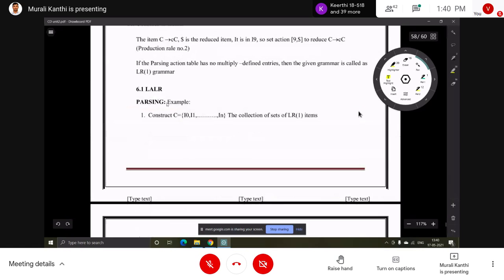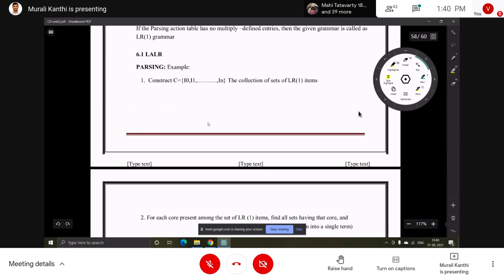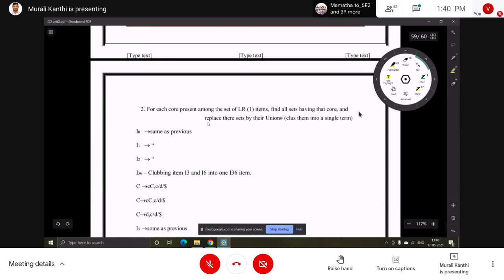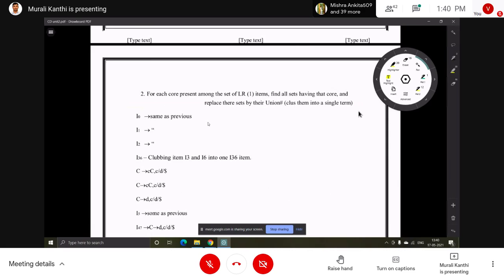After finding the collection of LR(1) item sets, we have to observe each and every set and check whether there is any possibility to combine. The production should be the same and the lookahead symbols obviously different. In that case we take that production and combine the lookahead symbols.